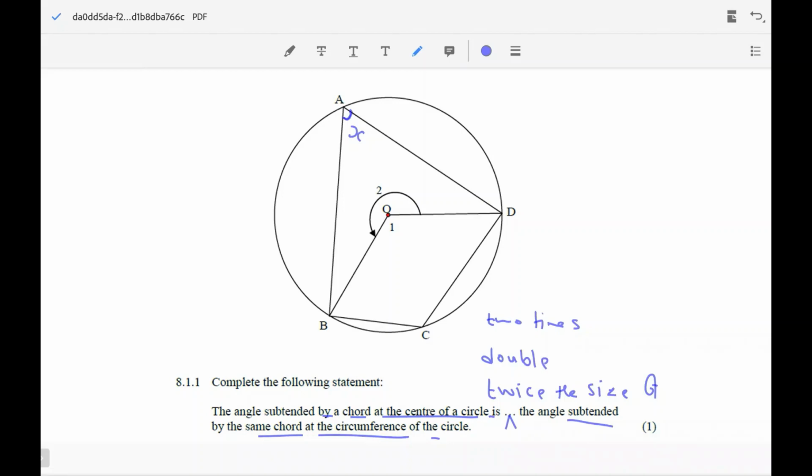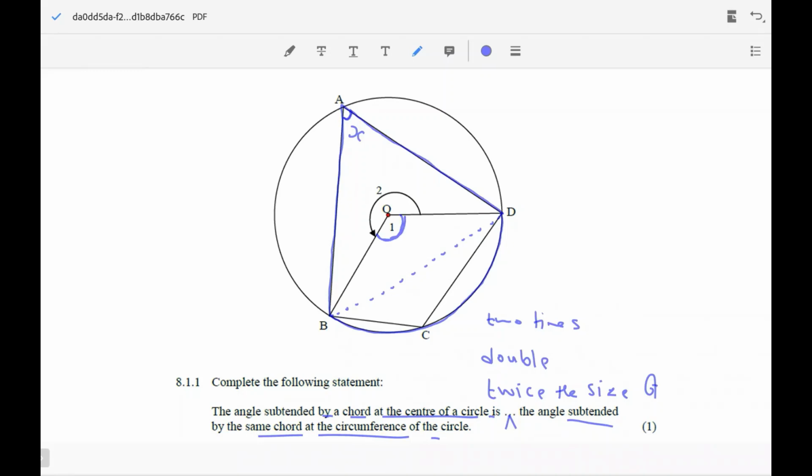Angle A is subtended by an invisible chord, and I will try to draw that invisible chord, BD, which also plays the same role as the arc. So chord and arc are used interchangeably. So our invisible chord BD, or arc BD, subtends angle X at point A. It also subtends angle O1